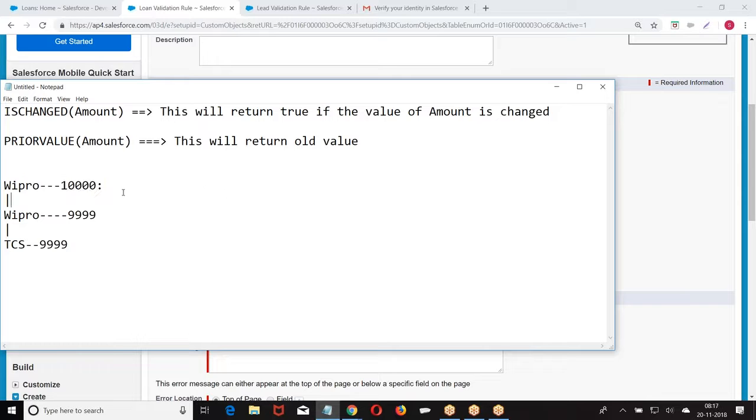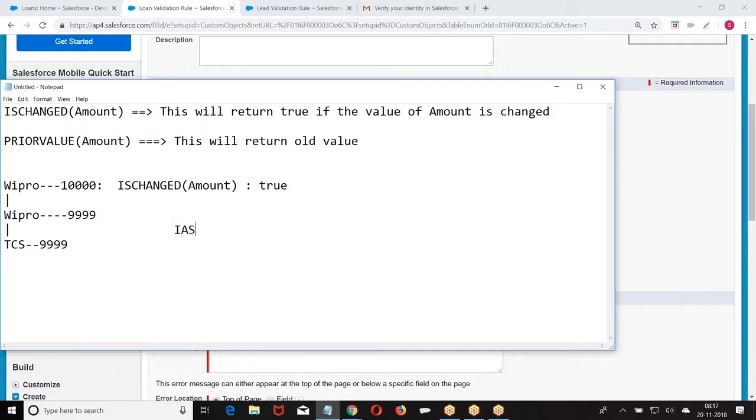For example, Wipro 10,099. Here also the record is updated. I want to check whether the value of amount is modified or not. That's why I told isChanged. Because the record is modified, the amount value is modified.